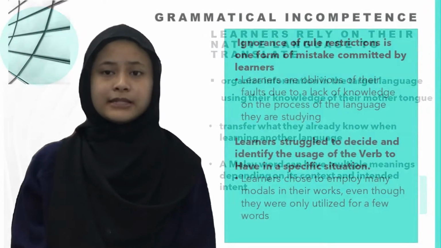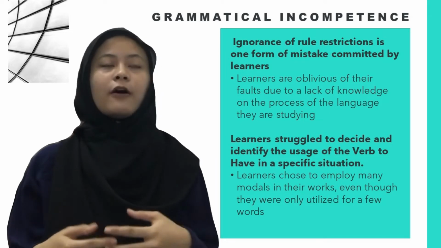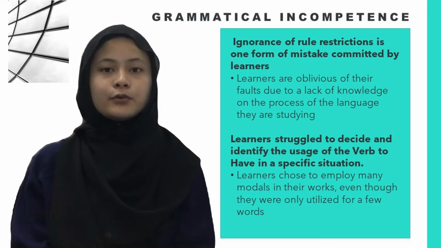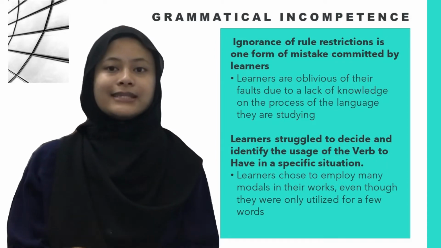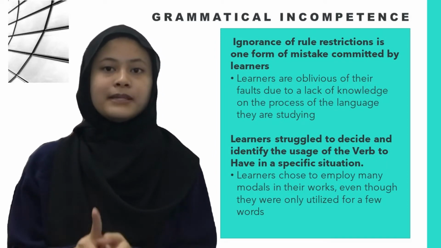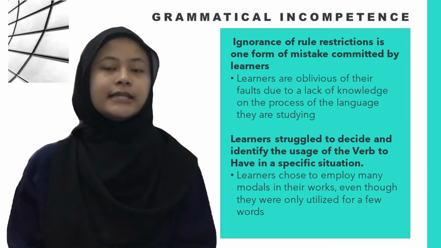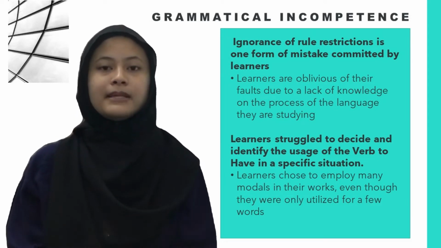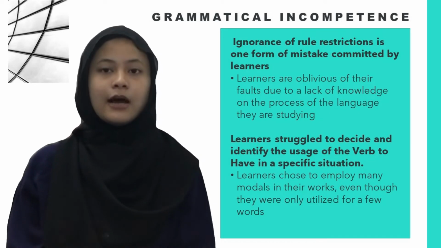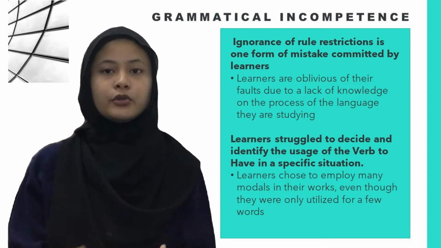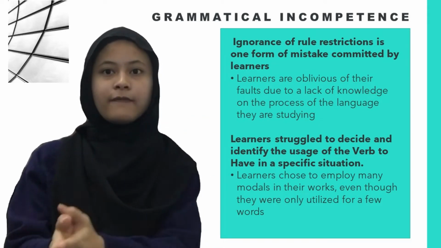The second problem is that grammatical incompetence leads to mistakes in the usage of verb rules, verb tenses, and plurality. Ignorance of rule restrictions is one form of mistake committed by learners. Students may have had the necessary information but made mistakes owing to a lack of comprehension. Learners are oblivious of their faults due to a lack of knowledge on the process of the language they are